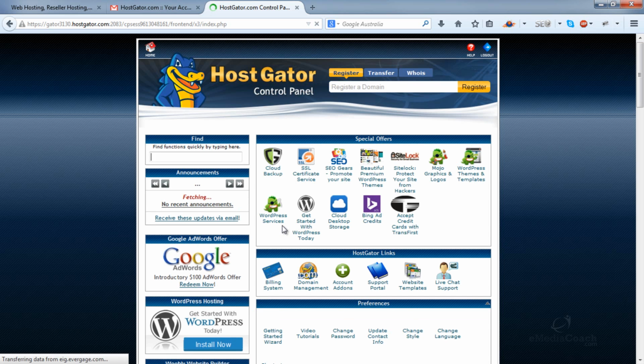This will take you to what's known as your HostGator control panel. It's where you control your hosting account and everything that ties in with it. You'll only need to access this screen once, and that is now to install WordPress. Once WordPress is installed, you'll have your own WordPress dashboard to log into, and that will allow you to control your entire website, and if any updates you want to make, and absolutely everything will be configurable within the WordPress dashboard. So to install the WordPress CMS, go down,